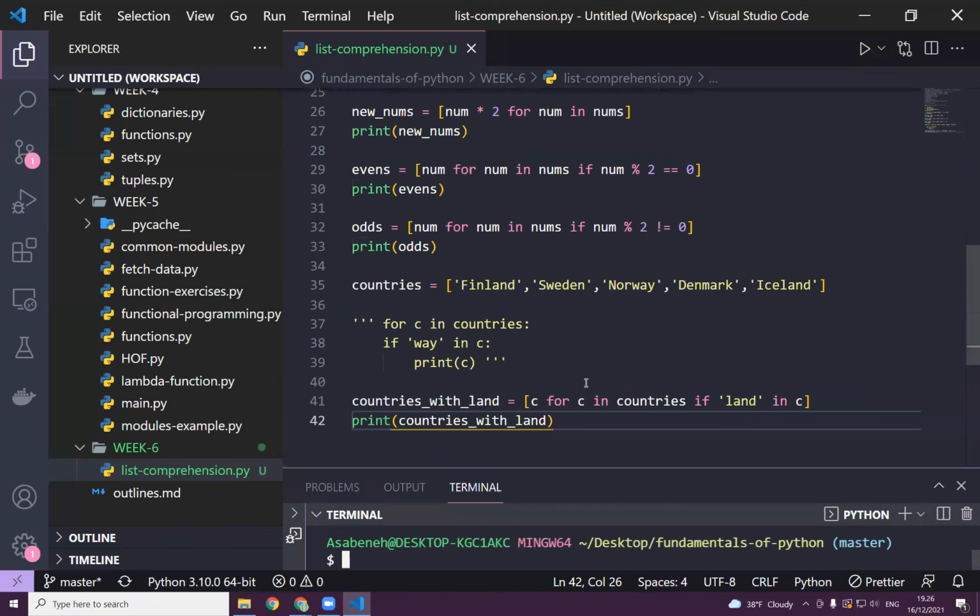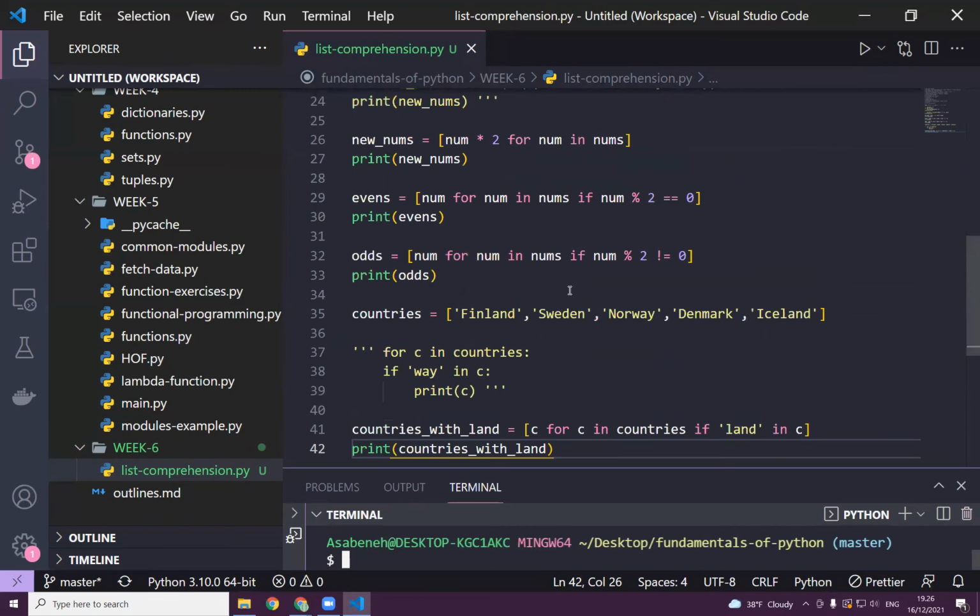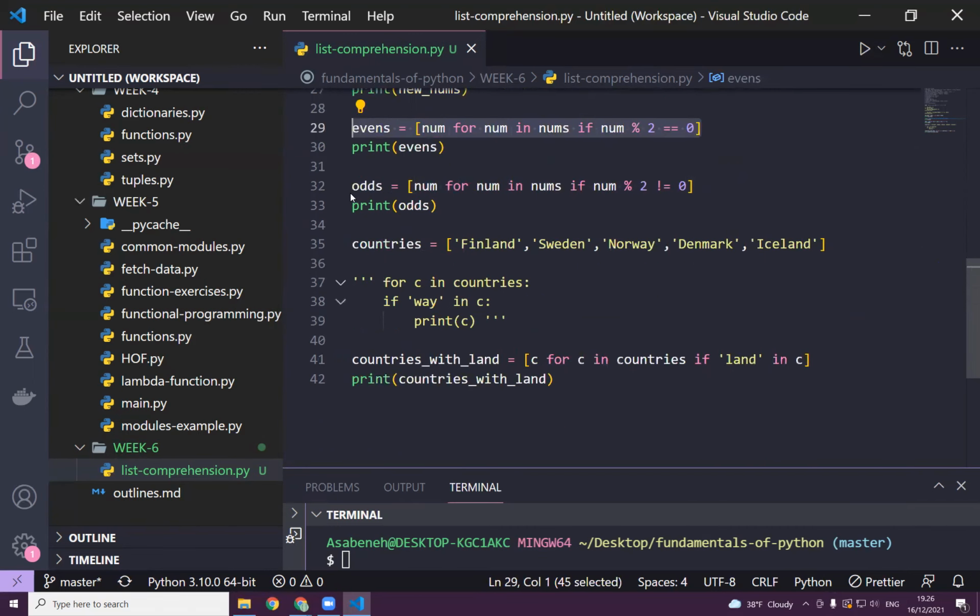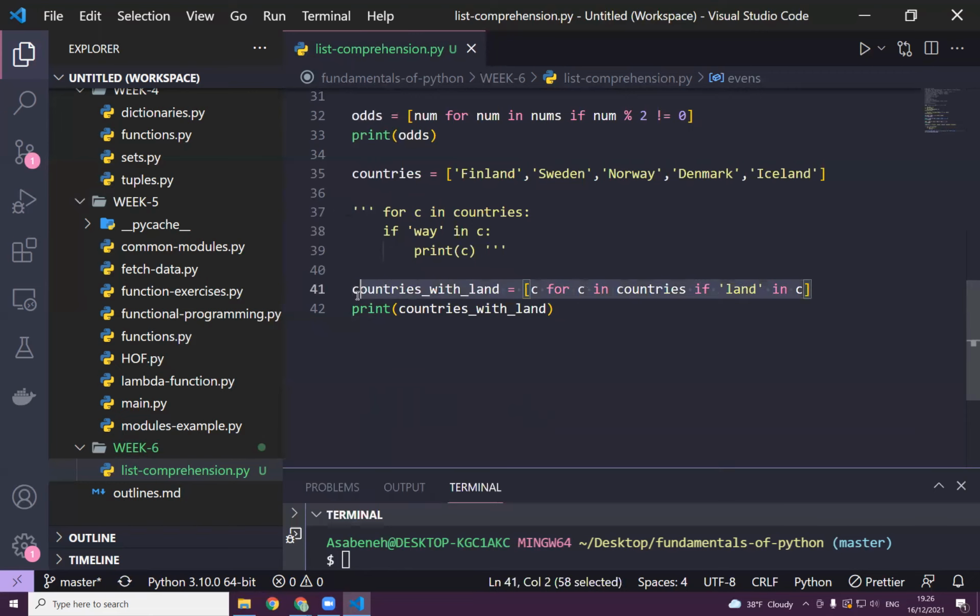So this list comprehension allows us to do something quite similar to filter, because here we managed to filter only the odds, and here the evens. And here, as you can see, we managed to filter countries with land. And if you want without land,